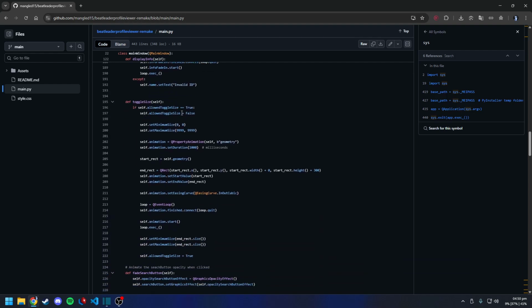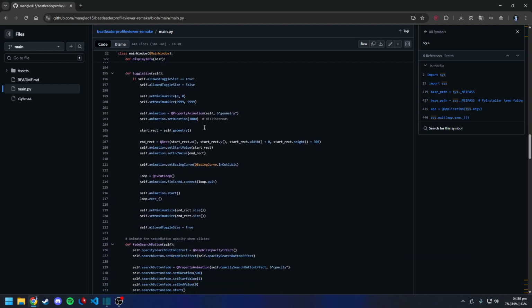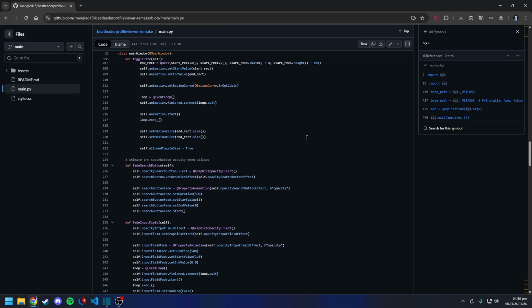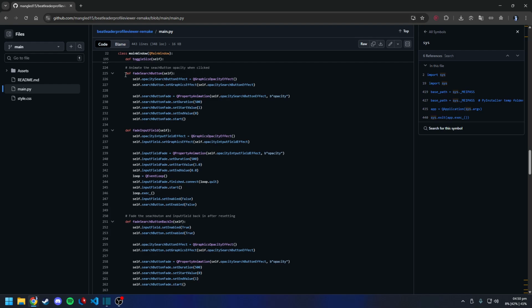Then over here you toggle the size after, so I'll just set the maximum and minimum size higher, so you still cannot resize, but it will just forcefully make it larger, which I think is pretty cool that I found that out on my own. No glaze. Over here, just fade the search button and the input field, so that was the nice little animation at the start. And